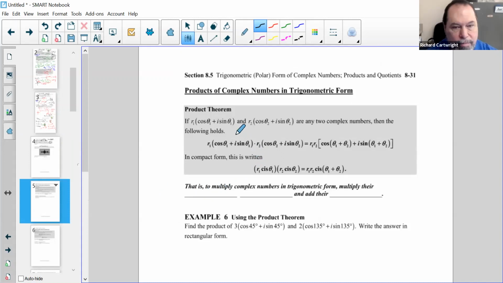Products of complex numbers. Okay, what are we doing on that one? A product theorem. So they're going to give us a product theorem. Thank goodness they're going to give it to us, because most of us don't have them memorized. All right, so we know that r times cosine theta plus i sine of theta can be,